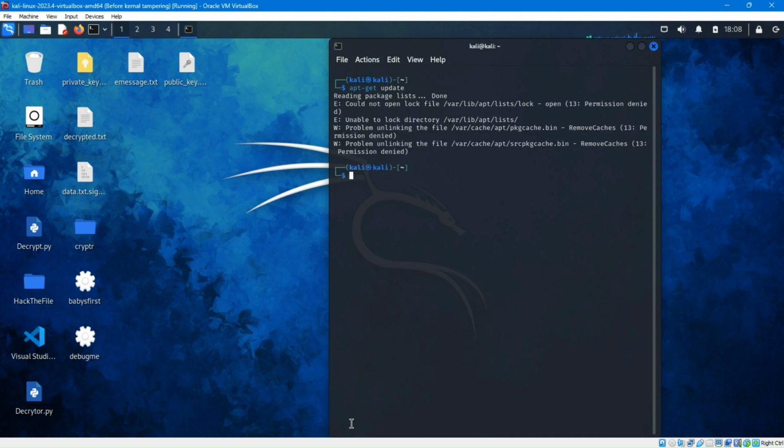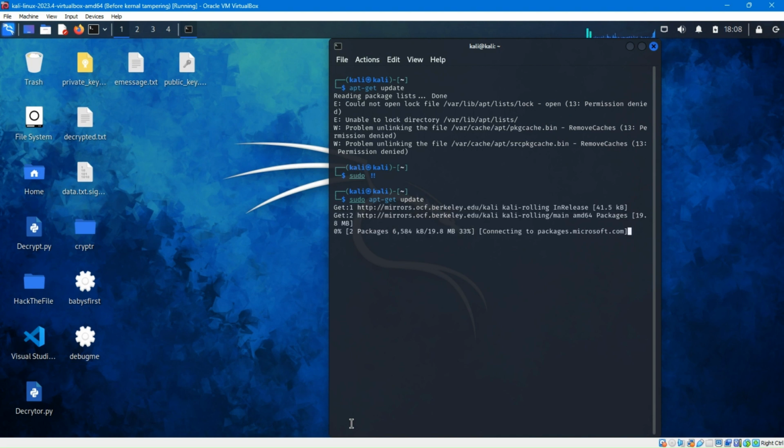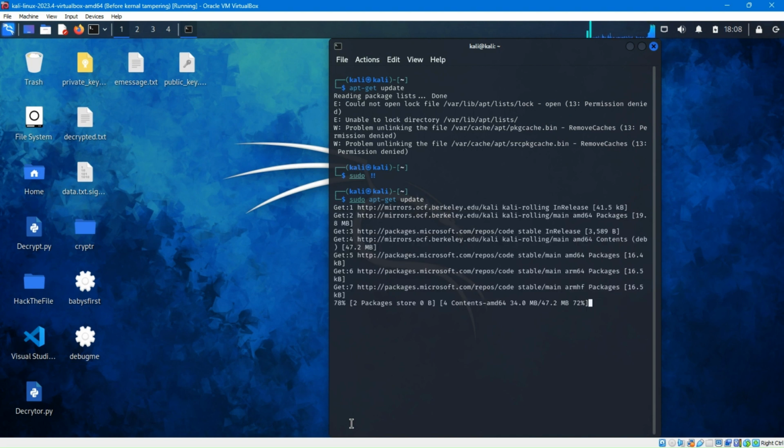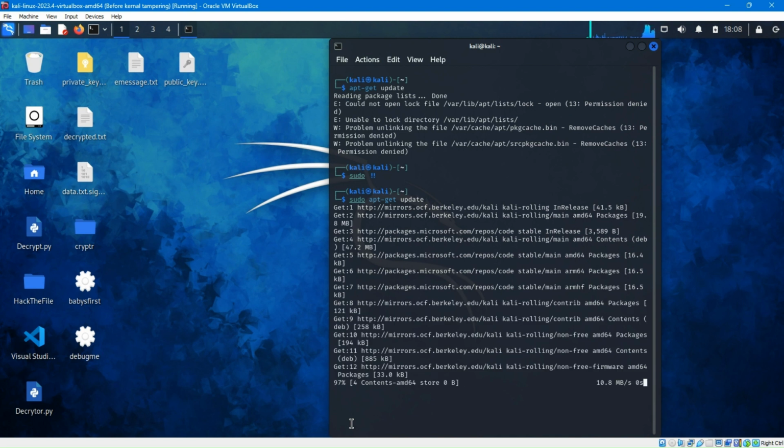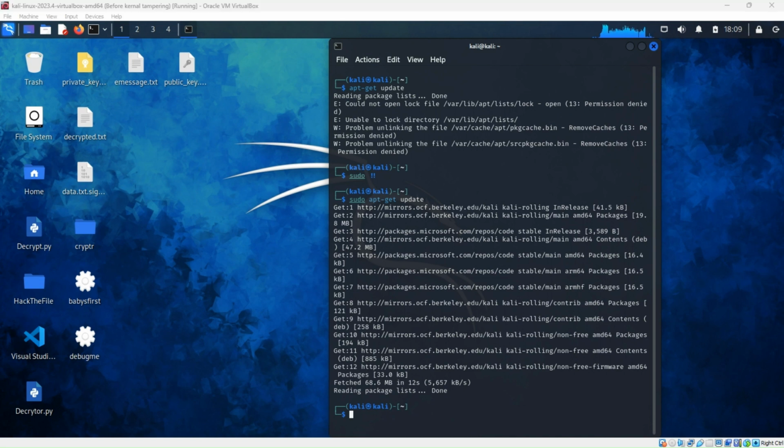Update. Man, let's do some command line kung fu. Put that sudo on it. Just gonna update it. Now remember, this is just updating all the... Whoa, what happened to that? It's just updating the repository, right? So,